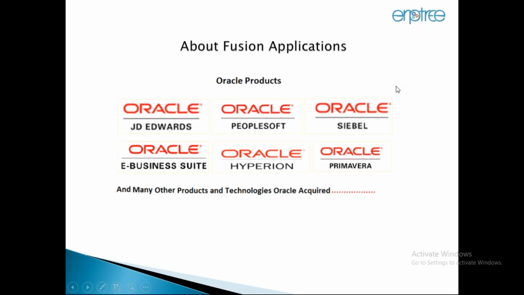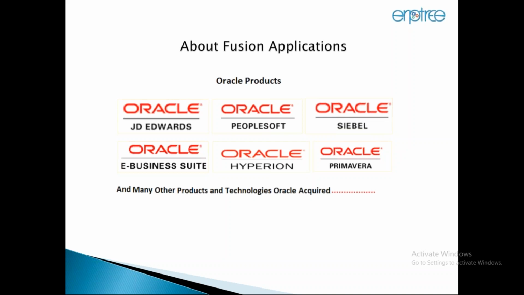Say, I'll take an example of JD Edwards as an application. JD Edwards is well known for its procurement and its manufacturing activities. So the best-of-breed tech practices have been taken over to the Fusion Cloud for manufacturing and purchasing. And when it is PeopleSoft, as you know, HCM and HRMS are the key players. And when it is Siebel, it is CRM, and if it is Oracle E-Business Suite, it is the financials,